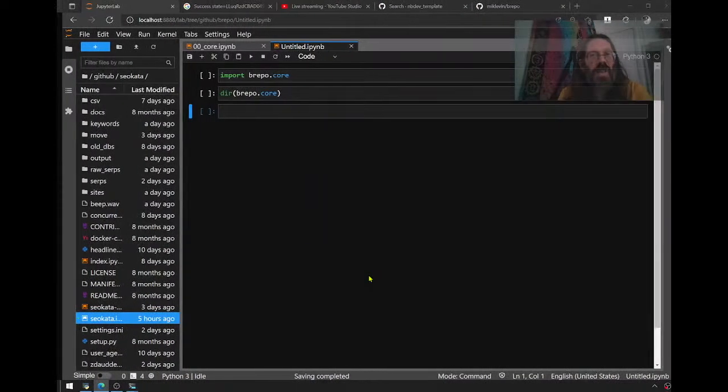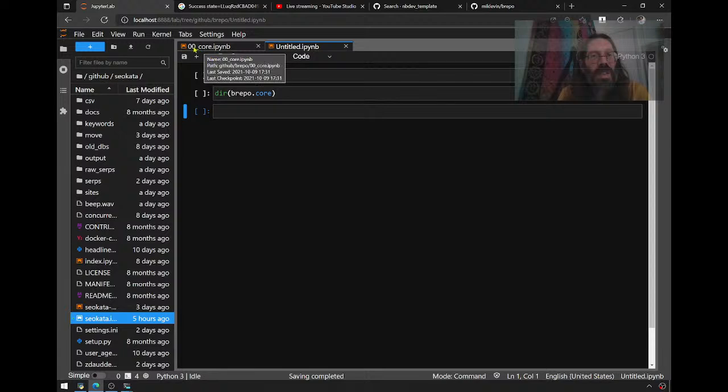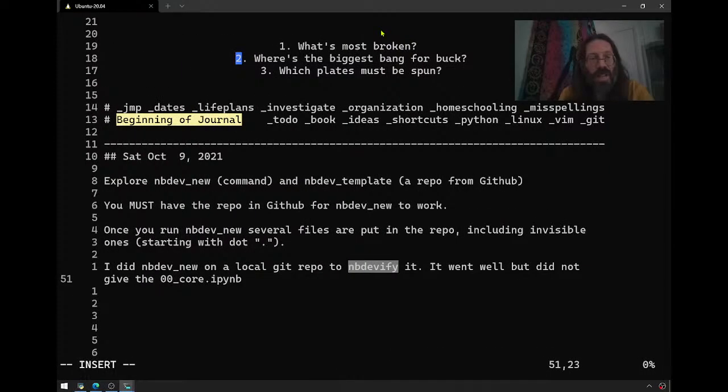I think I got that right. So they give a nice numbering system for you to keep track of your core package components. But it didn't give the sample file that contains the